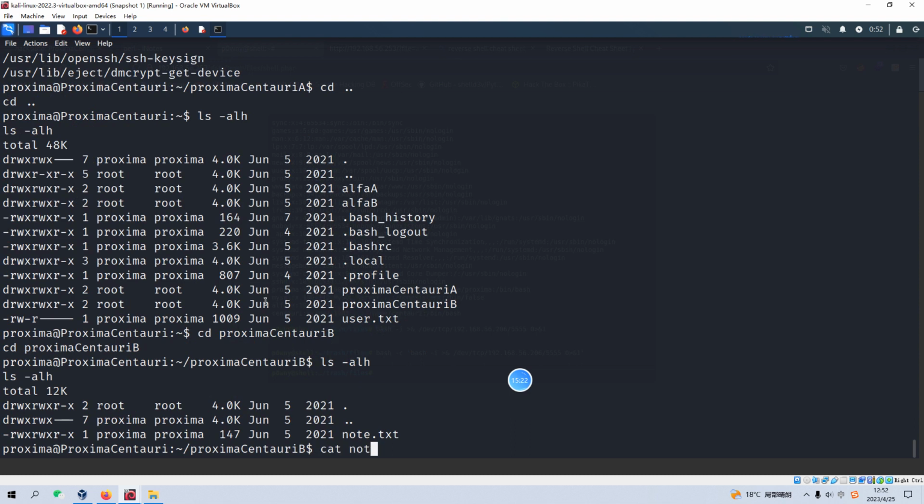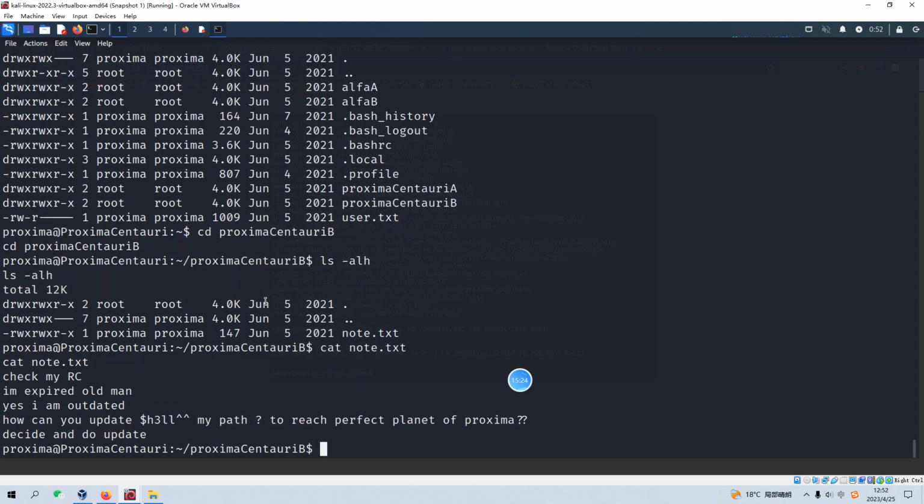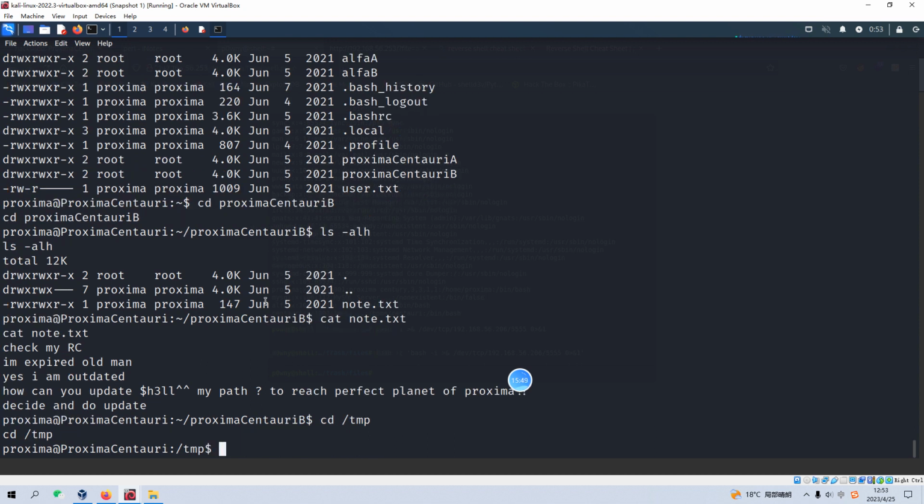Yeah, we have a note.txt. It says: check my RC. I'm expired, old man. Yes, I'm outdated. How can you update my path to reach perfect planet? Decide and to do update. So I think the next thing we can do is to upload the LinPEAS